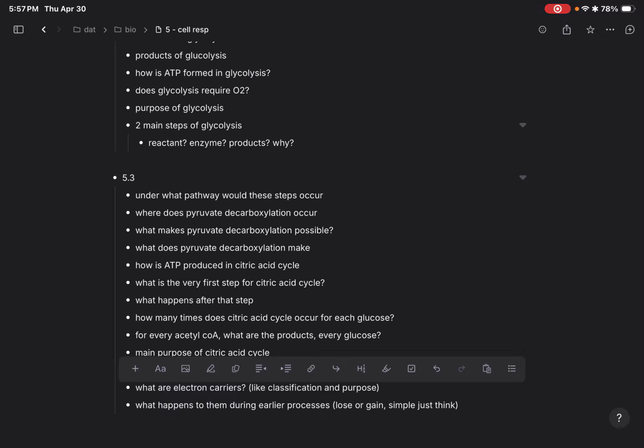Whoa, I'm getting that wrong. Hexokinase. Okay, so we're going from glucose to glucose 6-phosphate. So the reactant is glucose, the enzyme is hexokinase, the product is glucose 6-phosphate. Why? It makes the phosphate negative so it stays inside the cell. Yes, I remember that. The other step is going from